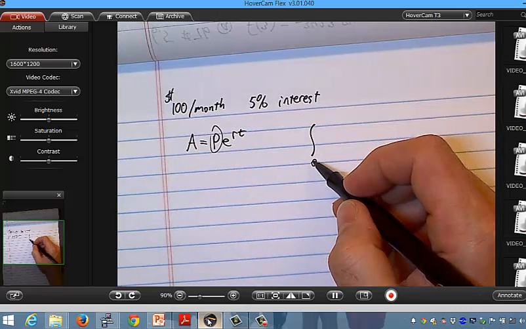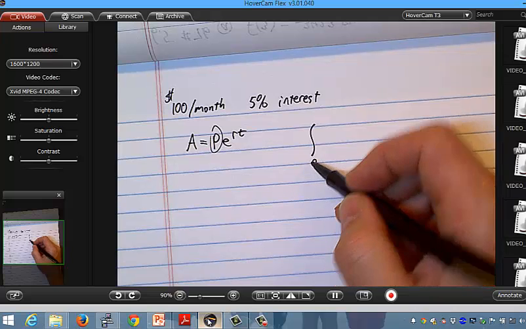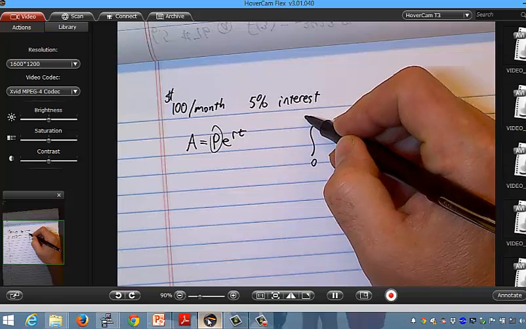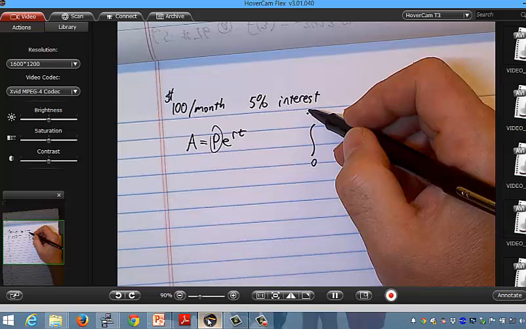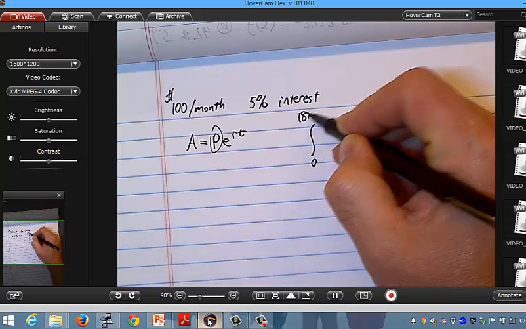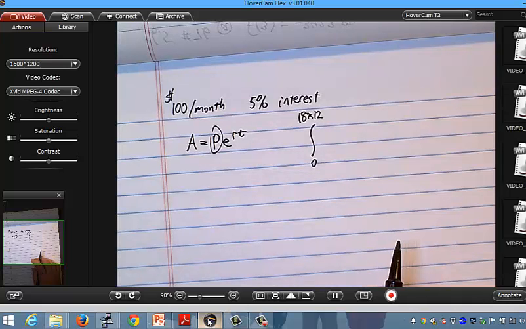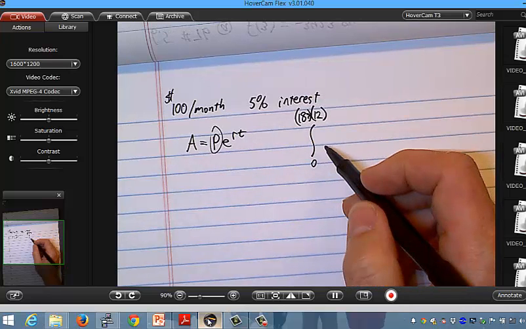I'll say, well, I'm going to integrate from 0 to 18. Well, no, not 18. Since I'm going monthly, I guess I want whatever 18 times 12 is, right? So I'll get that in a minute. But what I want to do here is I want the average value